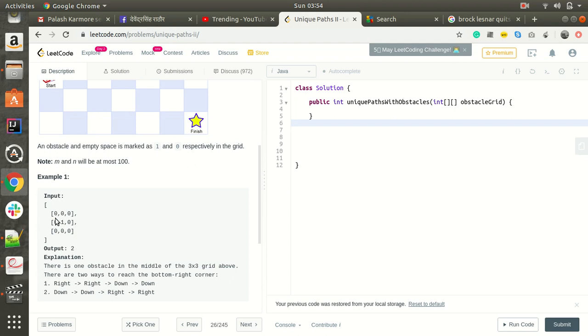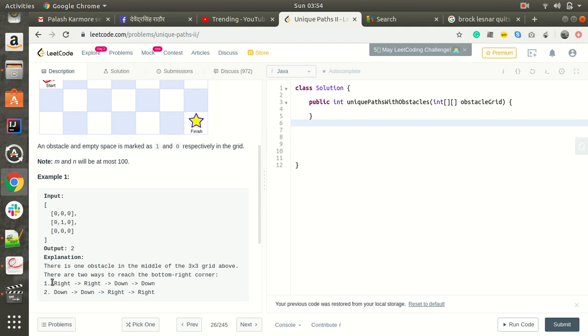So you can see the example: 0 0 0, 0 1 0, 0 0 0. There is only one obstacle in the middle of the 3 by 3 grid, which is given as a 1. If 1 is present in some path, the robot will not be able to reach the finish line.